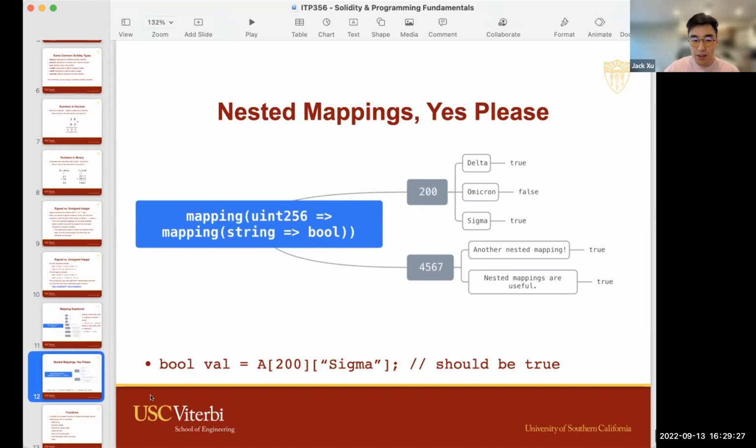You can see here, this is a visualization of how this works. On the first layer, we have a mapping that maps a number to something, okay? Now we've got 2 numbers here, 200 and 4567, okay? And then you see behind these numbers,